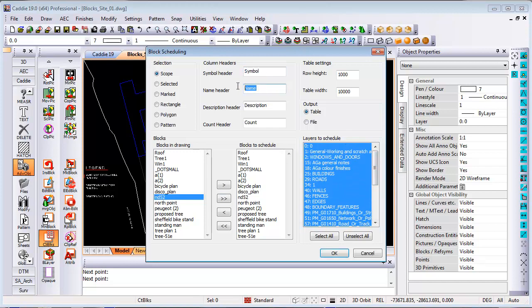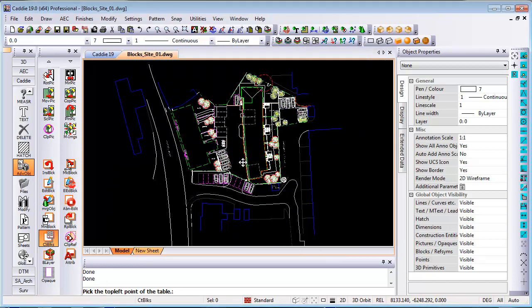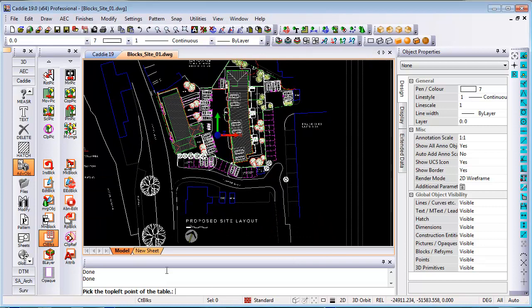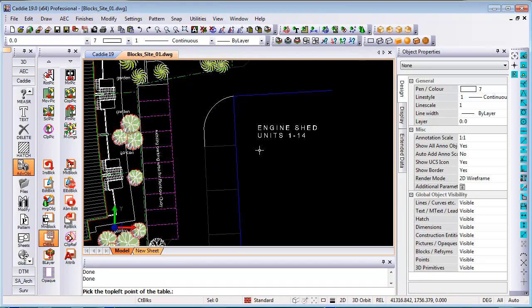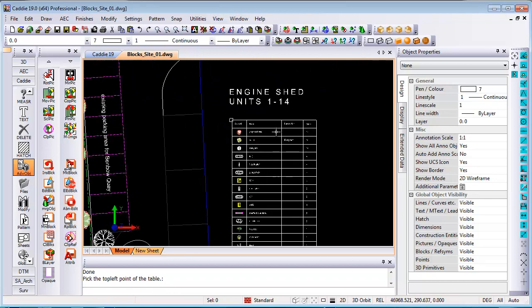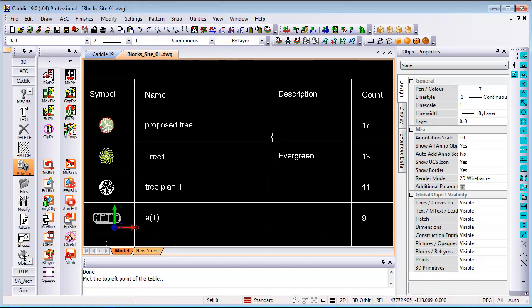The schedule is obviously going to create a table, so you can add your table descriptions or headings in there, and then the size of your table you can add in there as well. Once I click on OK, Caddie will ask me to pick the top left point for the table, so where do you want the table to be placed. If I click over here in my drawing, it creates a table, and if I zoom in, you will see